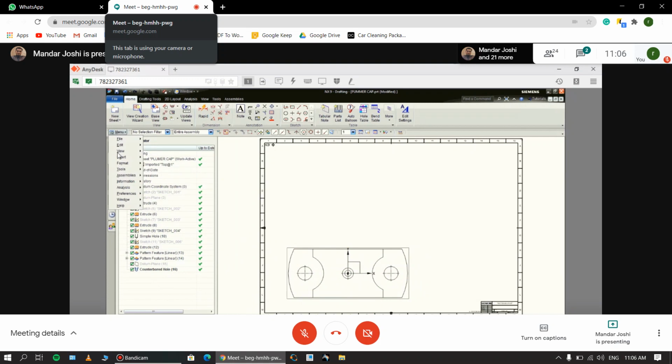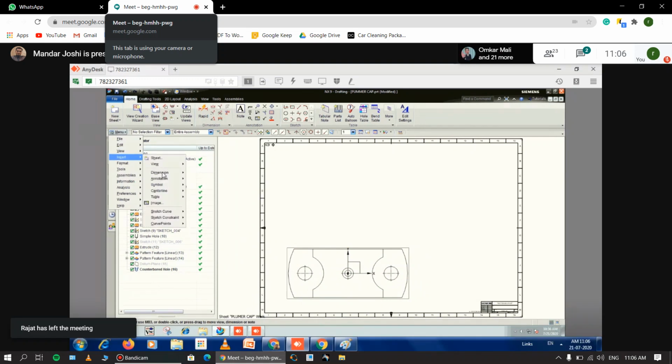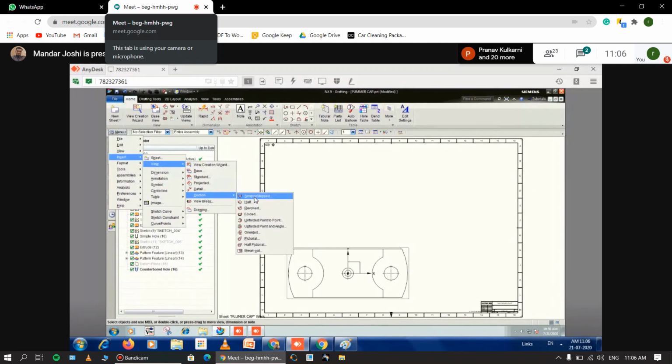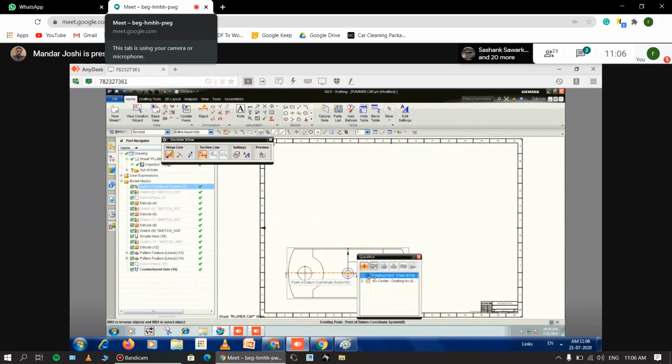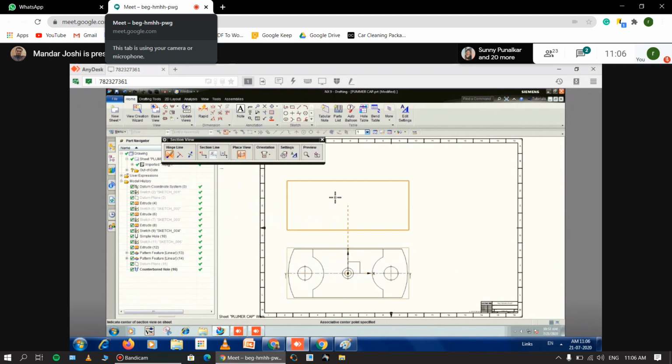Go to the menu, insert, view, then take a section, simple section. Select the view first, then define this section line orientation over here. Just click on that center snapping, circle center, click here, then place here.